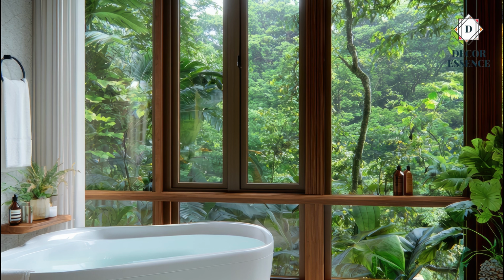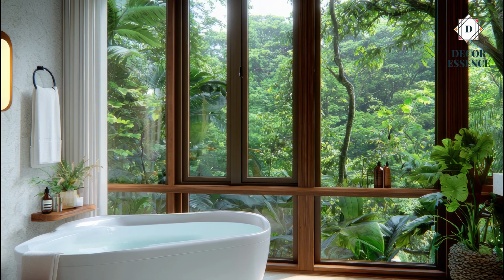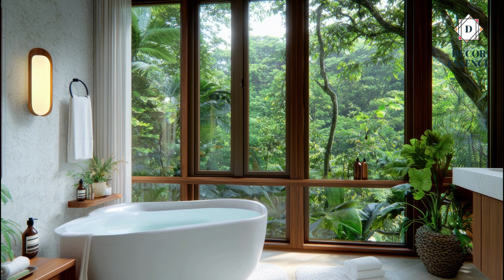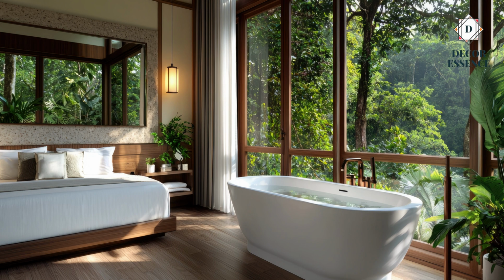The bathrooms are equally luxurious, featuring freestanding tubs with floor-to-ceiling windows that provide a natural view of the forest. Each room is designed to be a personal retreat, allowing the residents to unwind and relax in an environment that feels